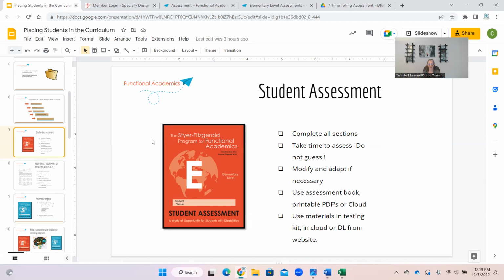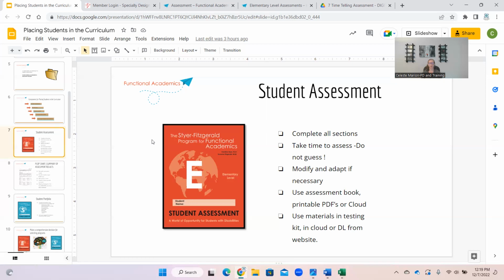Take time to assess. This will come with organization. Organize your time with your students. Make sure you have 10 to 15 minutes to be able to sit individually with a student in a time period and work with them. Present the materials. Really try and find out what they know. Maybe your other students will be working on independent activities during this time or with paraeducators, but plan for